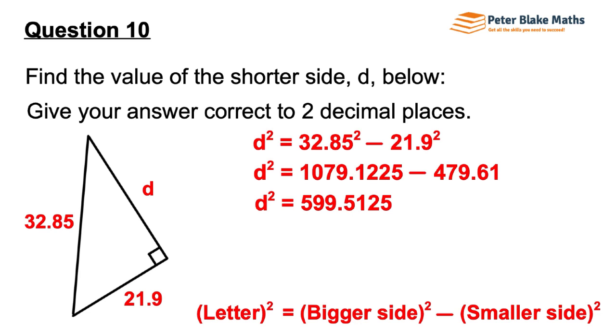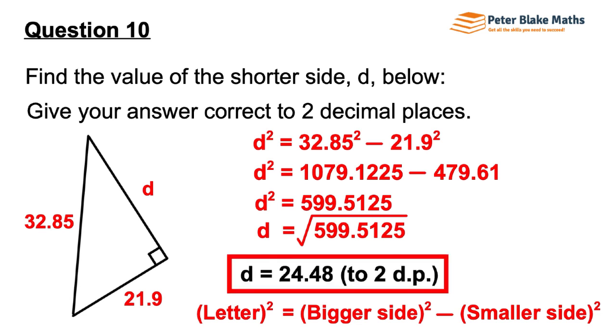And D squared equals 599-ish. Now we want D on its own, so we'll need to do the opposite of squaring, which is square rooting, and we'll need to do it to both sides. On the left-hand side, square rooting will cancel out the squared and leave us with D, which is what we want, but we'll need to process in the calculator square root of 599 and change. So carefully in the calculator, we'll end up with a D value of